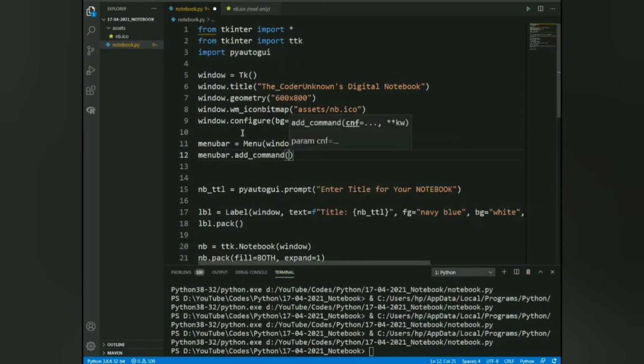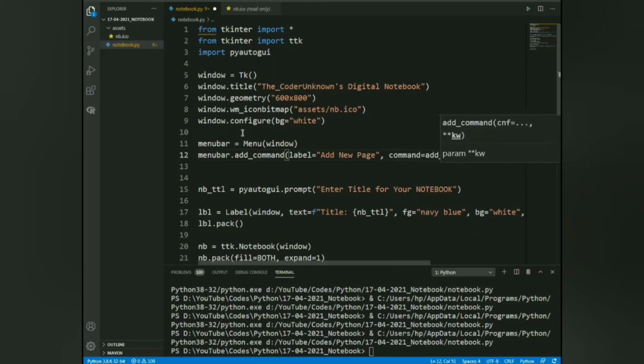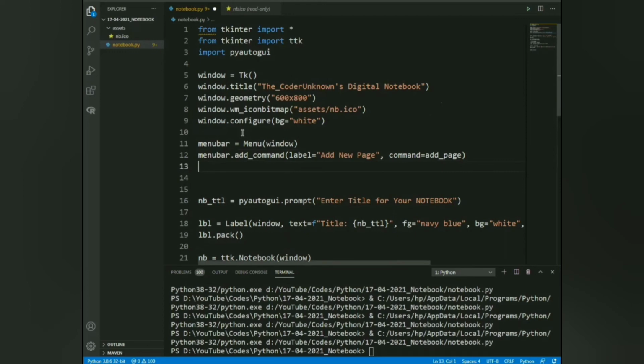We will say menubar.add_command, which will have a label named add new page, and it will execute a command for add_page.